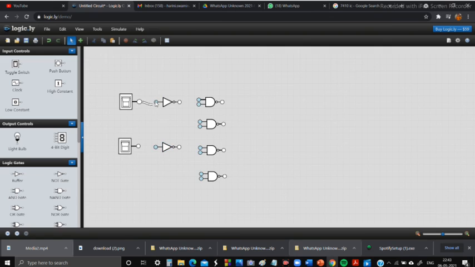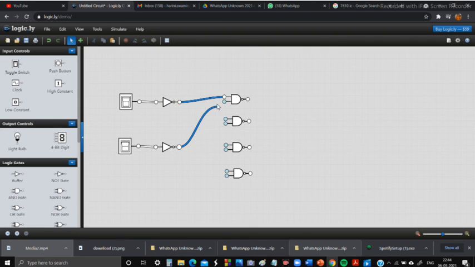And connect both the switches with the NOT gates, and the output of the first NOT gate to the NAND gate, and the second output of the NOT gate to the NAND gate,